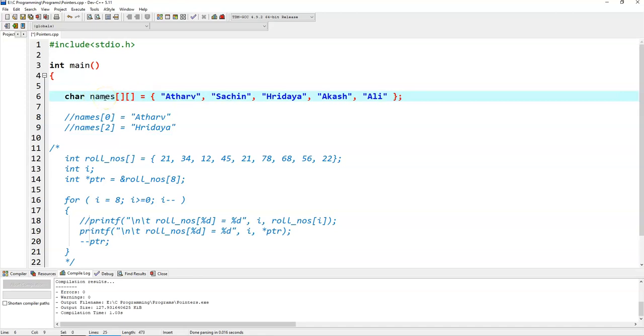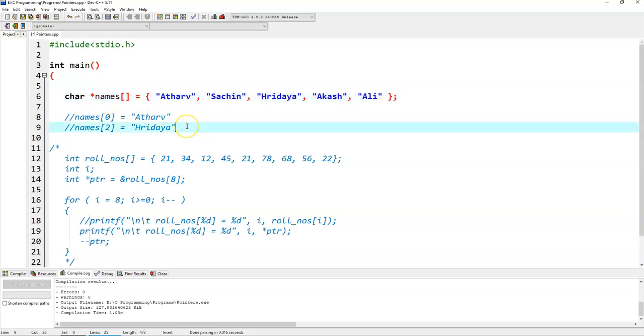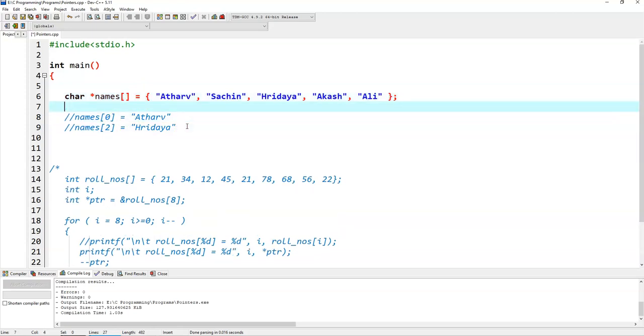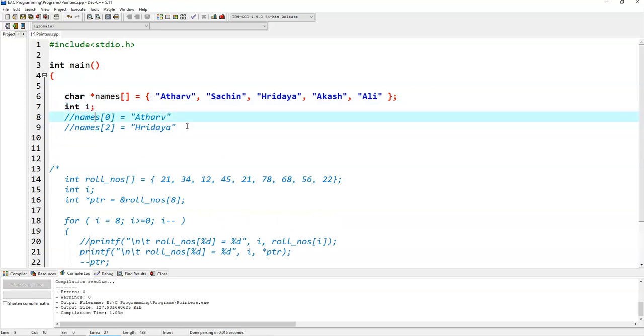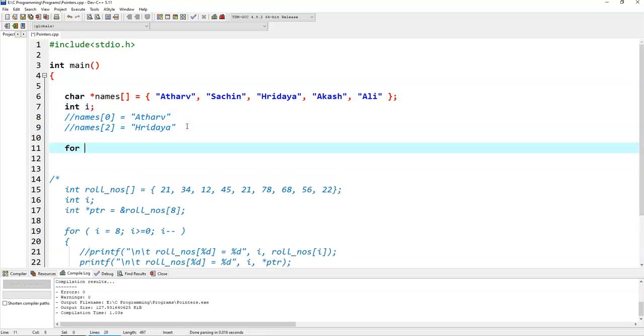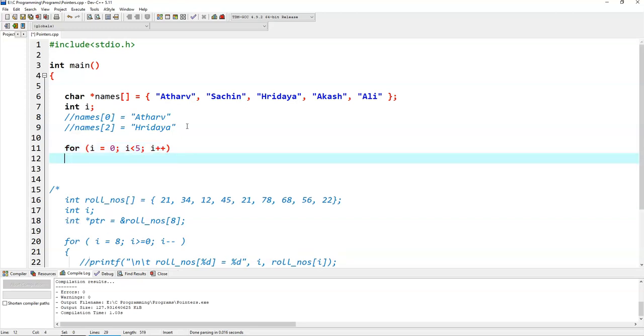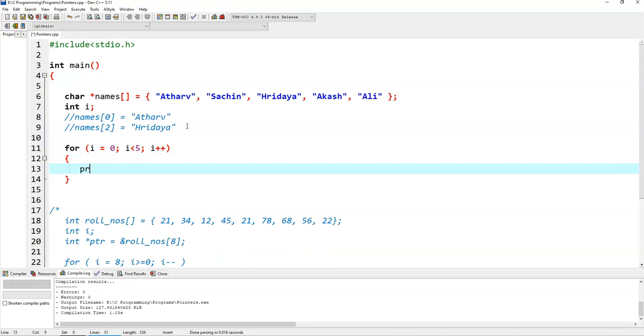Okay, you can have it like this as well, or you can remove one array and then have it like this. So now if you try to print this, now I need an integer i which is going to iterate over this. So for i is equal to 0, then i is less than 5, i plus plus, and then when I try to printf